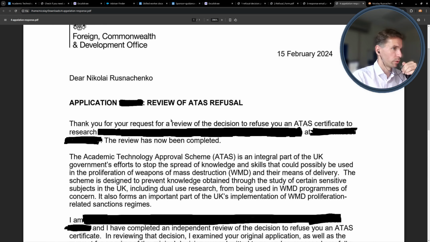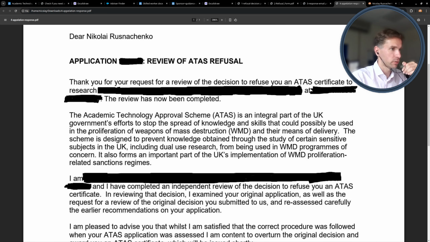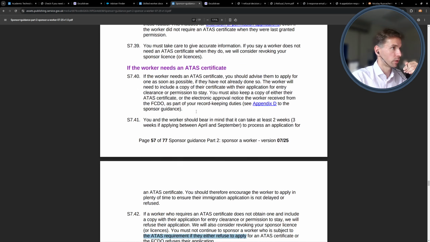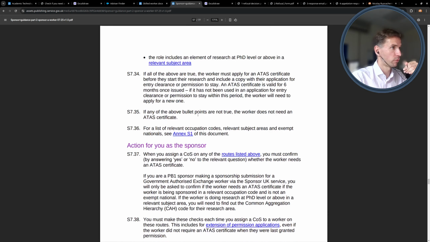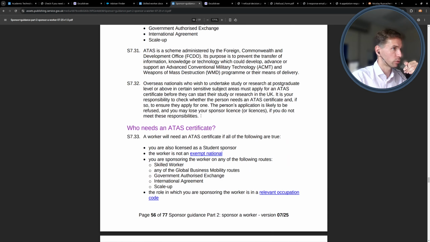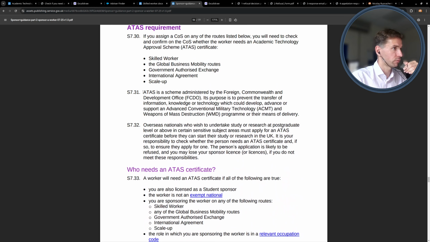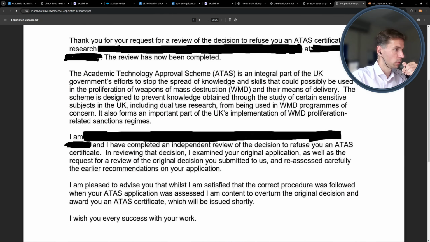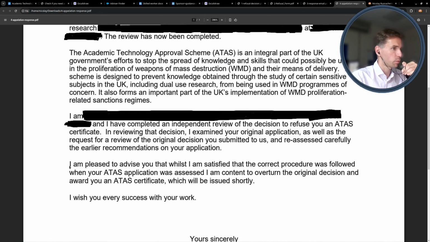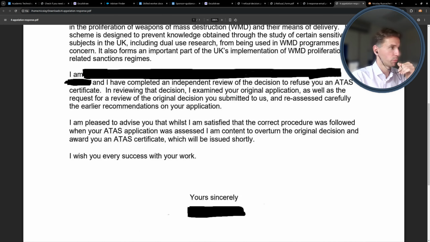At first it goes with accepting the fact that you submitted the application. The necessity of the related checks is what we already saw in sponsor guide number 2. It wasn't covered that much. However, there is a specific section on that, and it mentions paragraph S731, necessity for related checks performed by the government. Finally, they accept the fact that they reviewed and carefully checked your application. And in the last paragraph, that will be my congratulations.